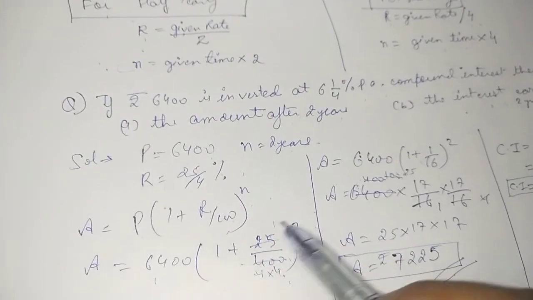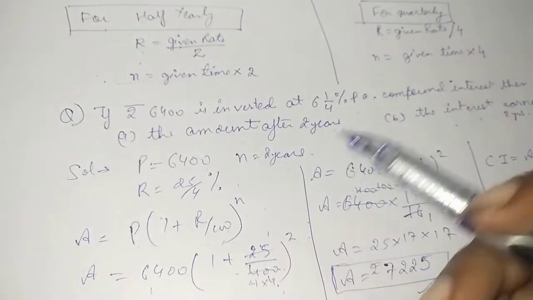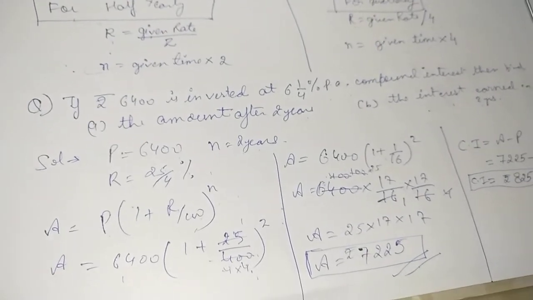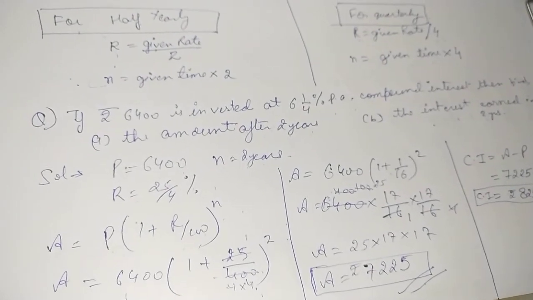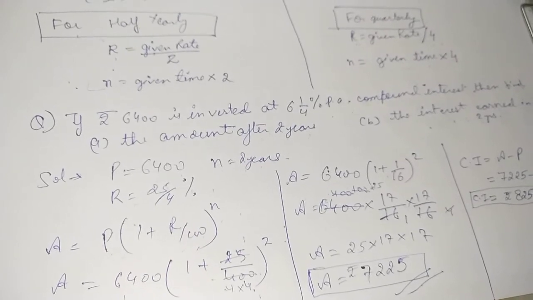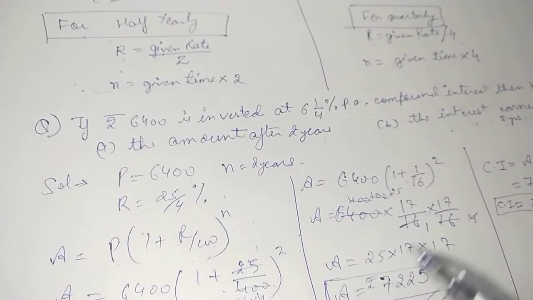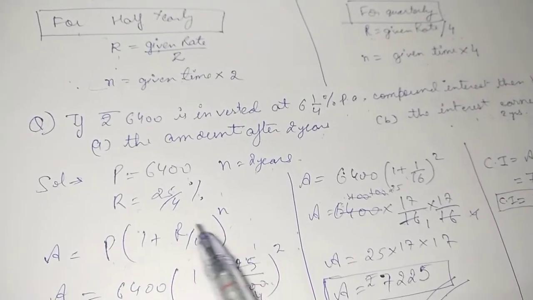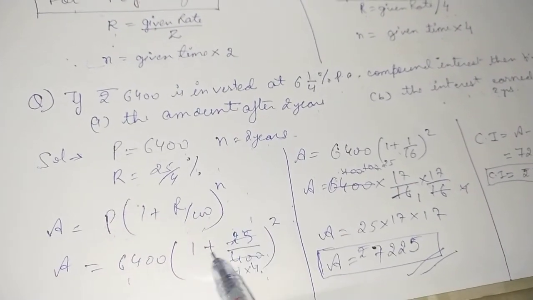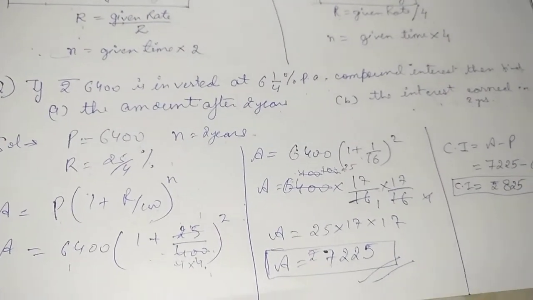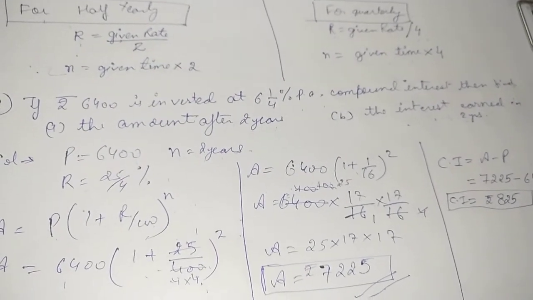So this will really cut short the work, or else we will have to calculate for each year. There are a few cases in which a particular amount is being repaid at the end of every year or every month, or accordingly at the end of every 6 months or 4 months. That will depend upon the question. In that case, we will be taking that very method only. But in these cases, when we can calculate directly, it's better that we implement this. You can pause the video to understand before you move ahead.